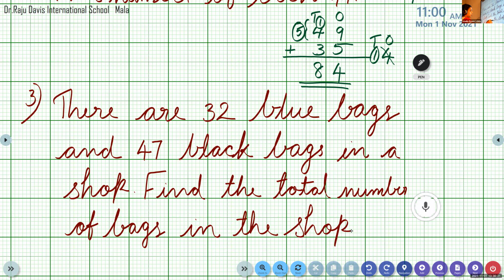So when you're getting a question, what all things do you have to check first? First read the question carefully and understand what is there in the question. So here it is talking about bags. There are two colors of bags, blue and black. And for finding the total, we should add the numbers. After this chapter, we will study the subtraction chapter also. While we are studying subtraction, sometimes you may be confused. So in addition itself, you have to be thorough. Total means you have to add. Okay.